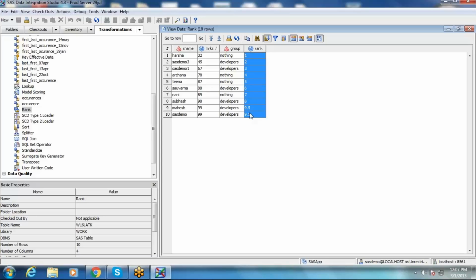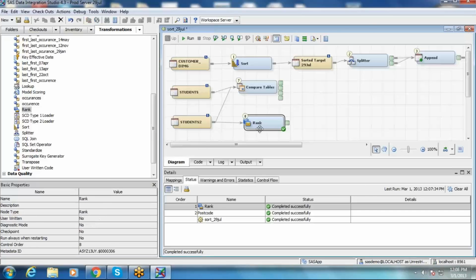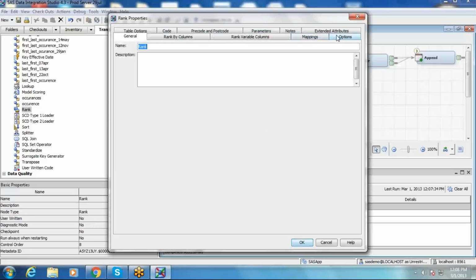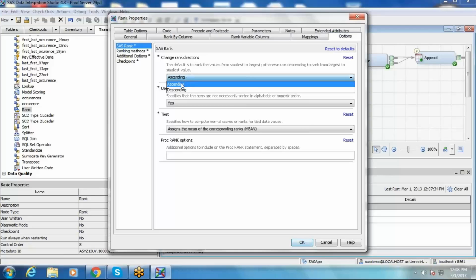So where should you mention this property? That is mentioned in the rank properties options tab. So you go to options. Here you see change rank direction. Change that to ascending or descending. Ascending is the default. Select descending.